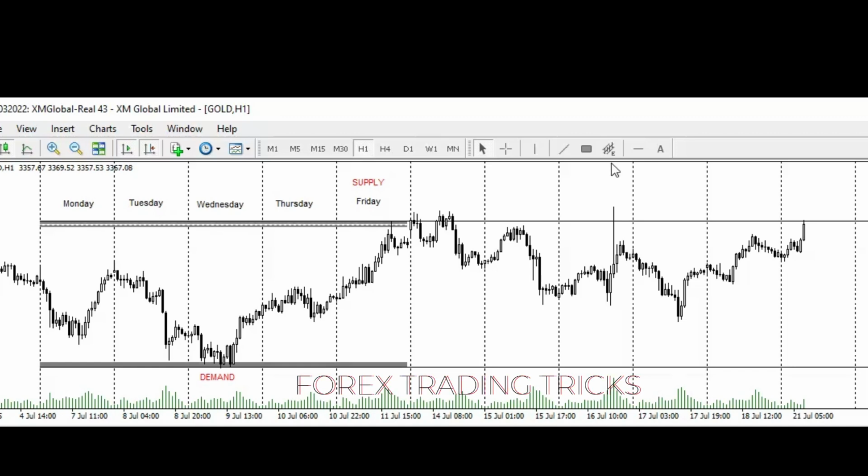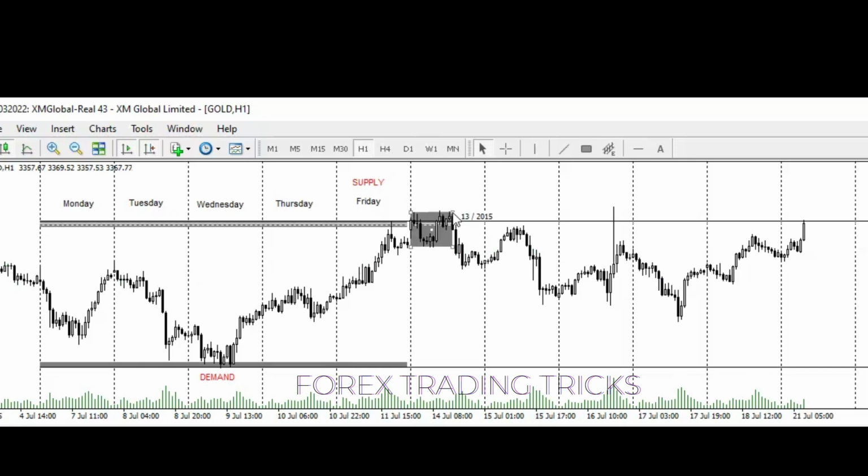So many buyers were trapped on Monday here. As soon as the market opens here, they trap the buyers. Let me show you. They trap the buyers right here, thinking that the market is selling. As you can see, the market sold a little bit at midnight, but before it sold, it went up to hit the stop losses right here. You can see there is a spike here which went above the zone and took the stop losses first. So many sold here at midnight, then they go down with it,